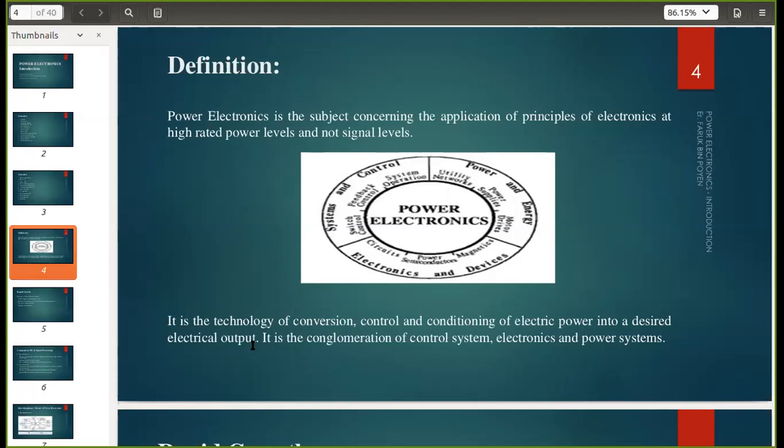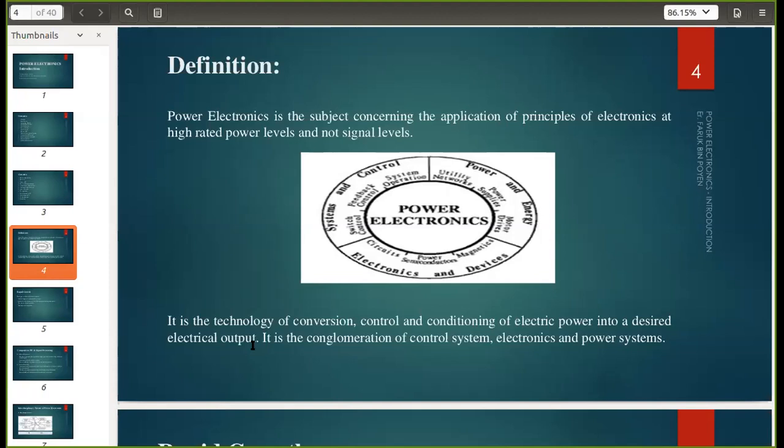So once you use this type of technology, it will contribute to some applications, where the systems can be renamed as power systems, because you are not only converting, you are also controlling and checking the condition of your desired output, whether the output after the conversion is proper or improper. If it is not proper, then you need to adjust and control, so that you get whatever output you desired.